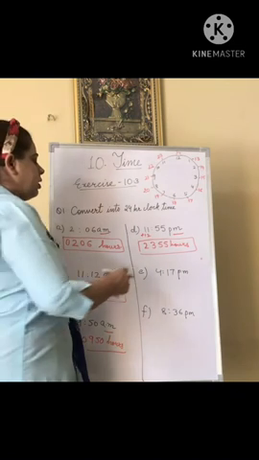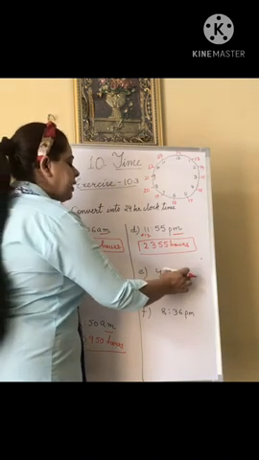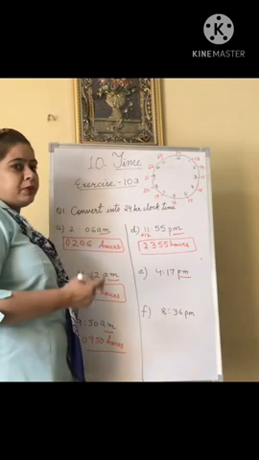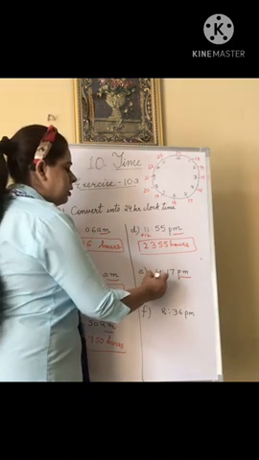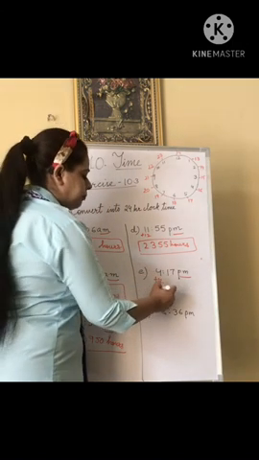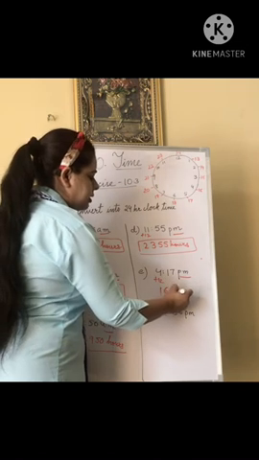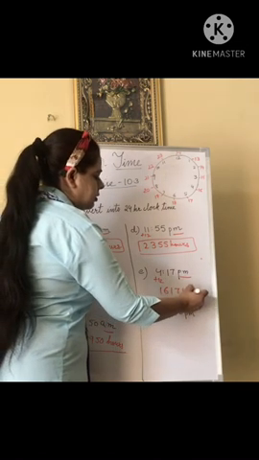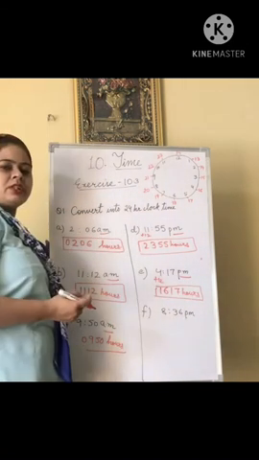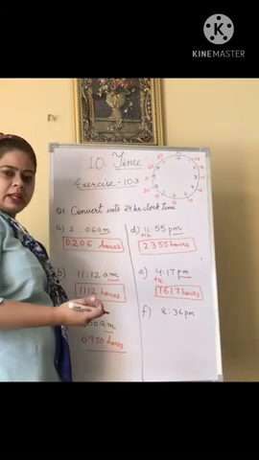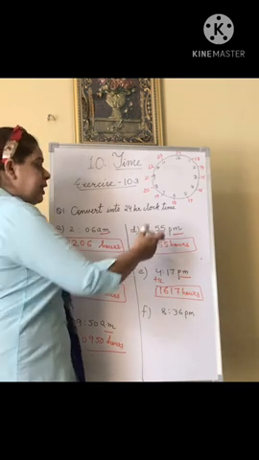Yes. Now 4:17 p.m. Again p.m. is given to you. It means you have to convert it. 4 को you can write it as 4 plus 12. It will be 16:17 hours. It is very simple, children. Just a matter of seconds. You will add 12 and get the answer if p.m. is given to you.